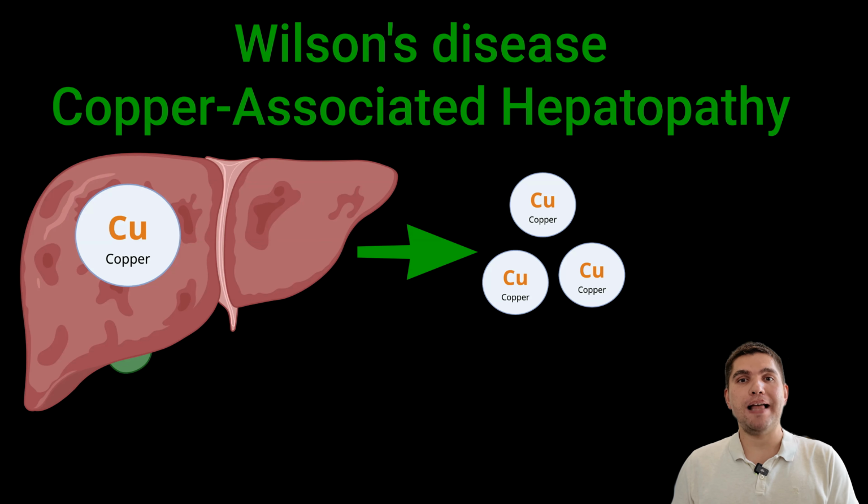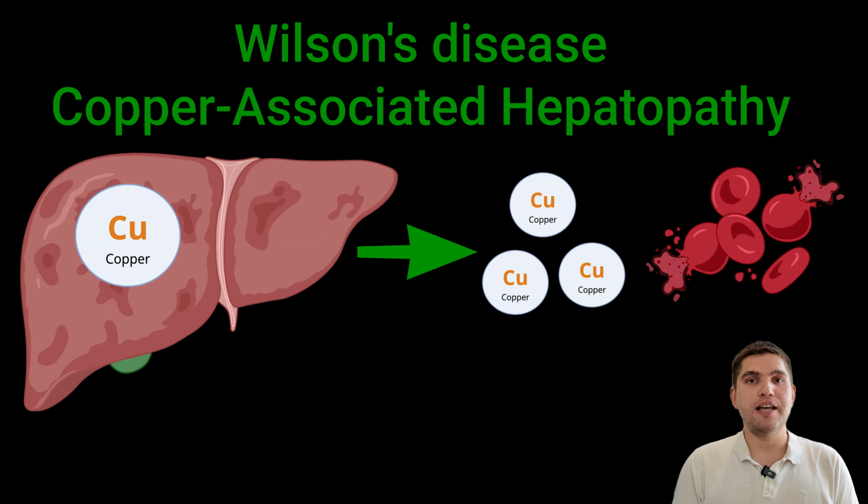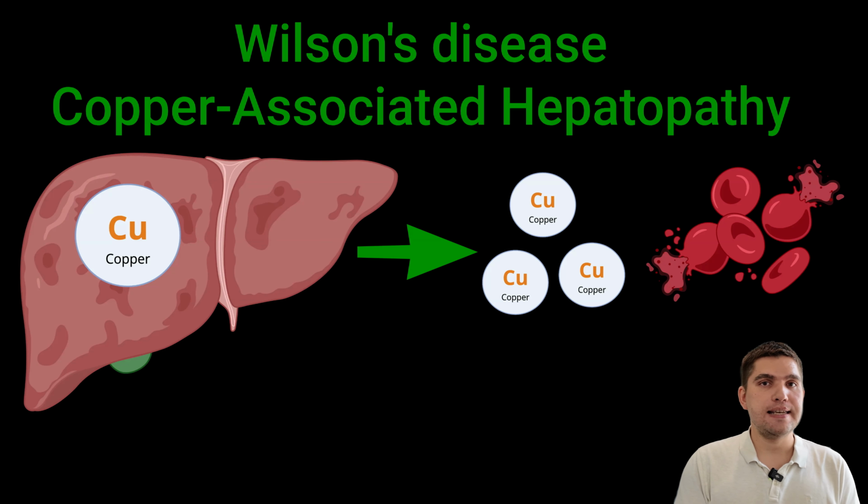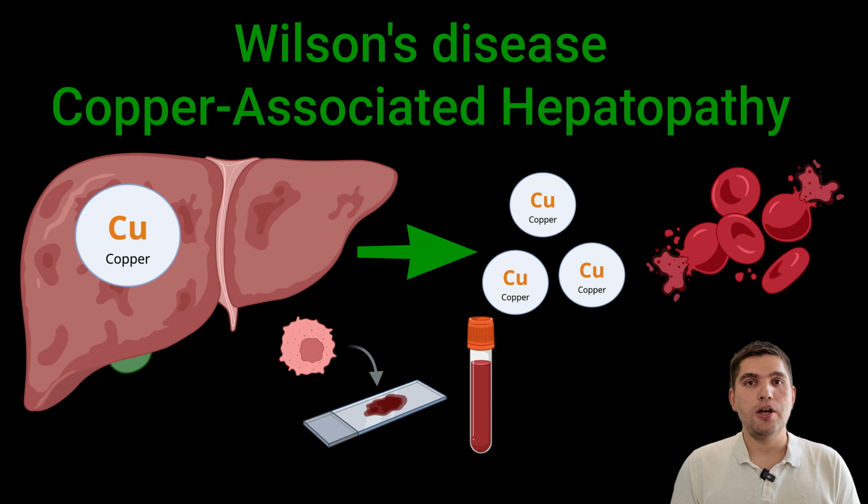Unbound copper in the plasma can cause oxidative damage to the red blood cell membrane, leading to hemolytic anemia. Therefore, unlike chronic copper hepatopathy, acute copper toxicity can be diagnosed by an elevated serum and urinary copper, as well as hepatic copper accumulation seen on biopsy. So, you may consider measuring serum copper levels or performing hepatic copper staining on liver samples in select